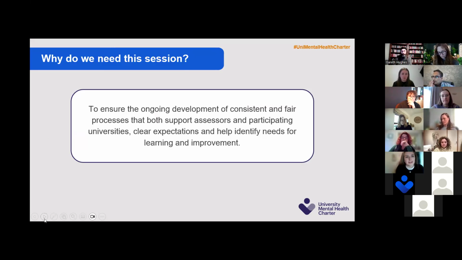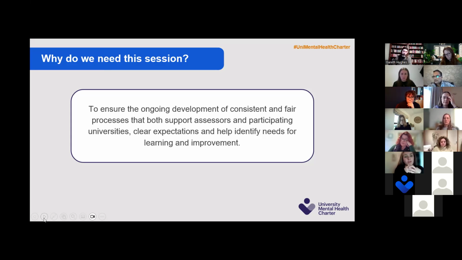I think I said this at the beginning, but our assessors are really valued and are vital for the success of the award. We have this kind of ecosystem that we're growing through the University Mental Health Charter, and we're really thinking about how we talk about that and how we work with you all. We know that the collective experience within the assessed group, the knowledge and the experiences that you bring, is really vital, and that we really need to tap into that. But also for the award process, as I say, we want it to be rewarding and constructive and supportive.